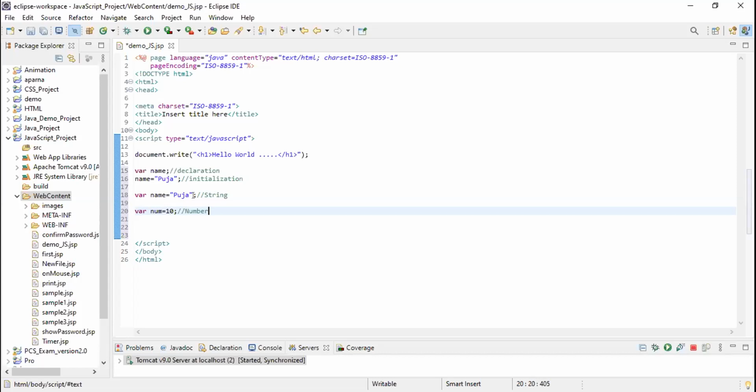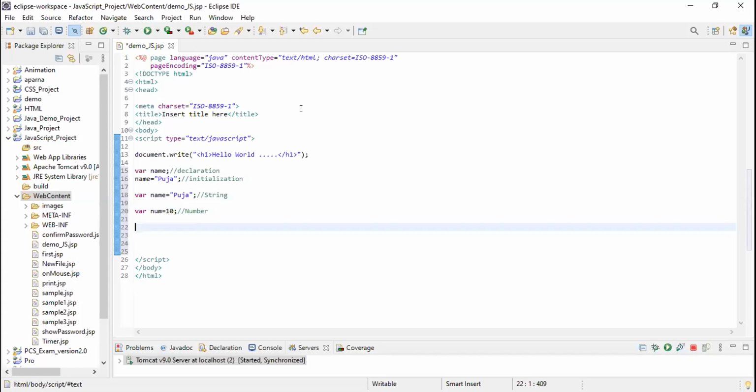So if I want to print Puja, how can I print it? Anyone? Am I audible? All of you please respond.